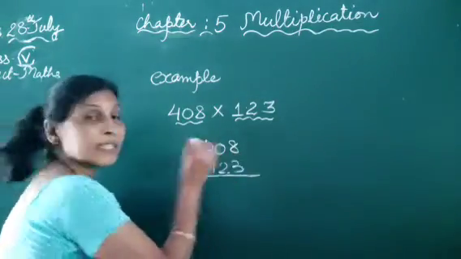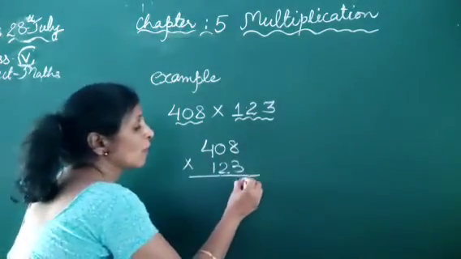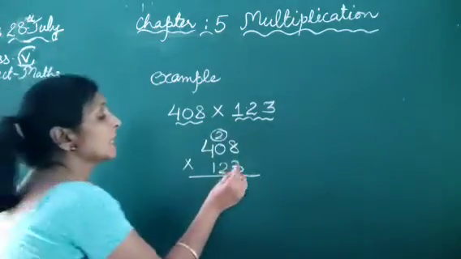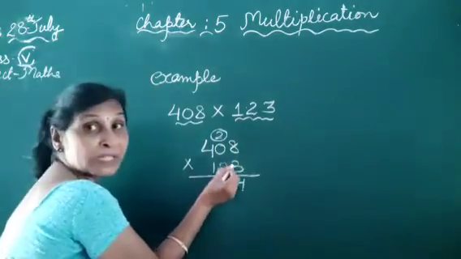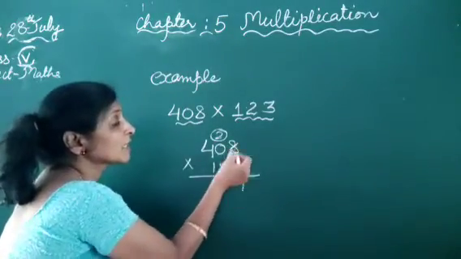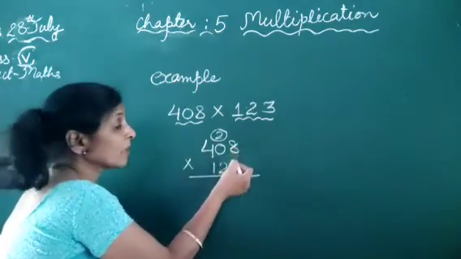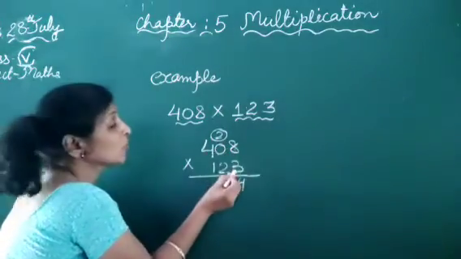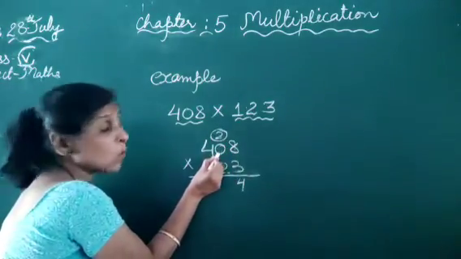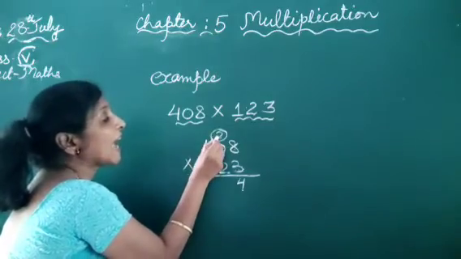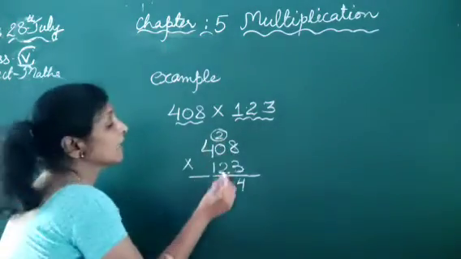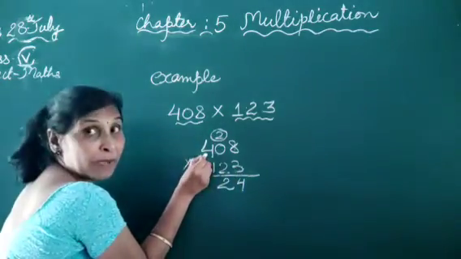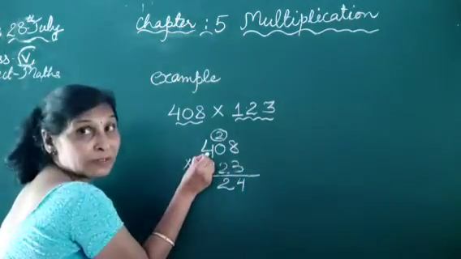That is 3 8s are 24. Write 4 and put 2 carry over here. Then again in cross we multiply it. First the same line we multiply it, then we cross it. 3 multiplied by 0, that is 0, and add 2 in that, then comes 2. Then 3 is multiplied by 4. We cross in this way.